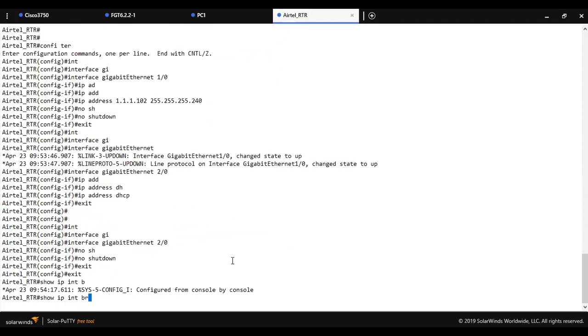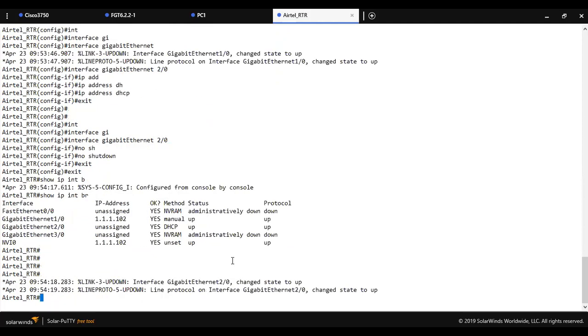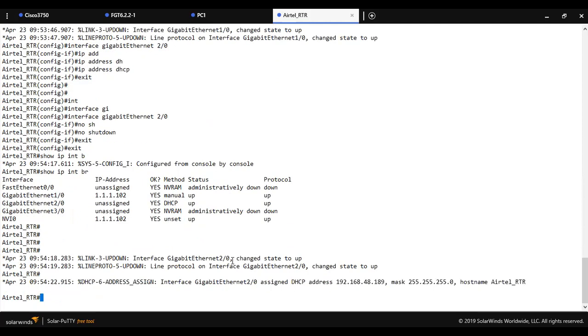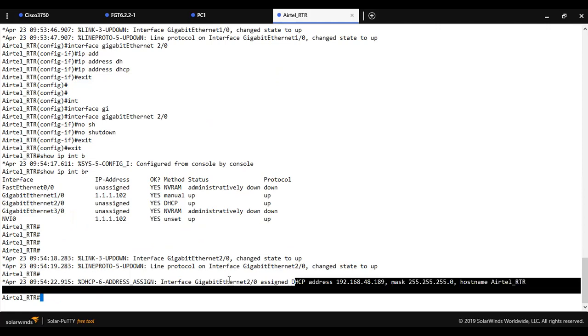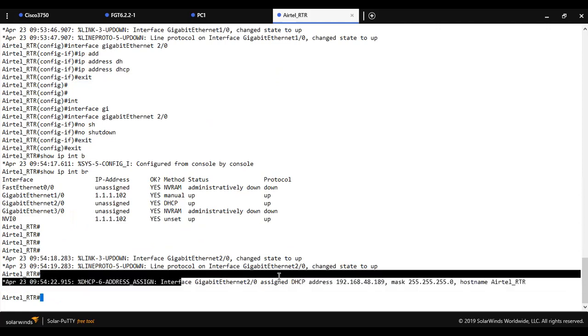So just wait for a minute, because as you can see, the DHCP IP address has been provided by the DHCP server. So